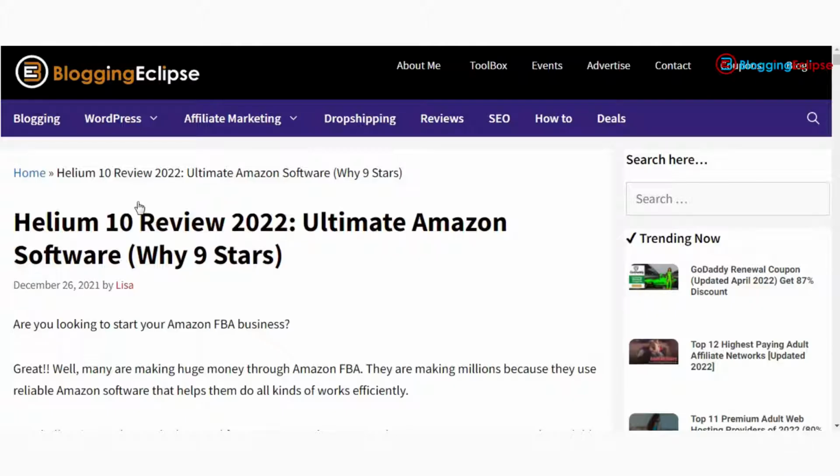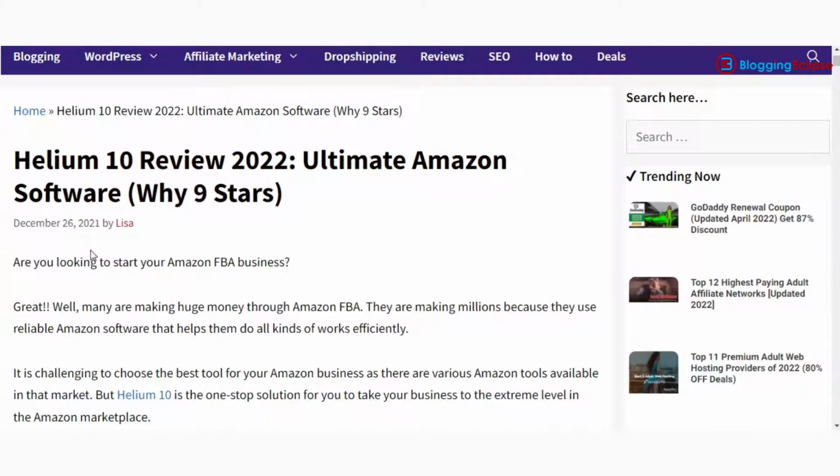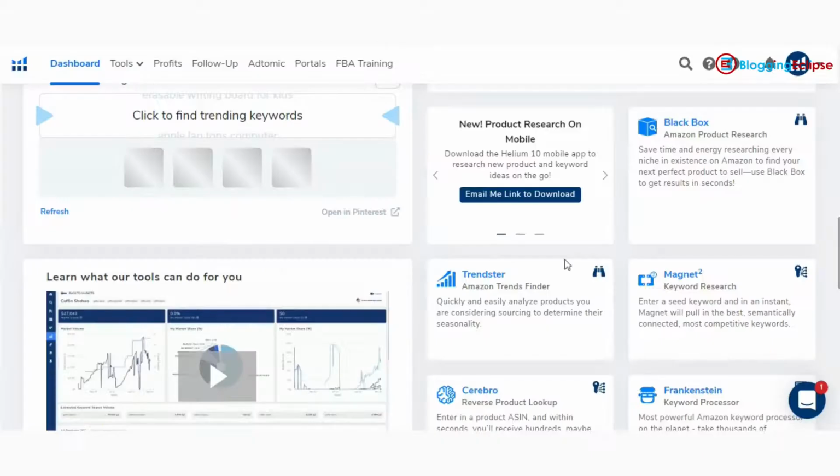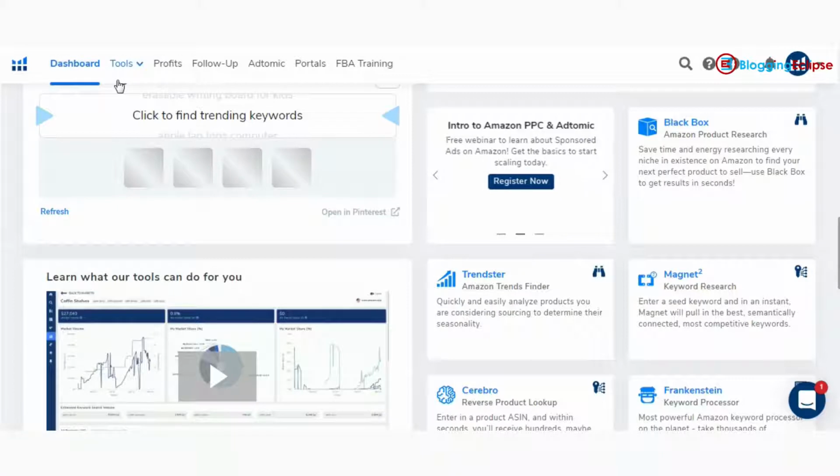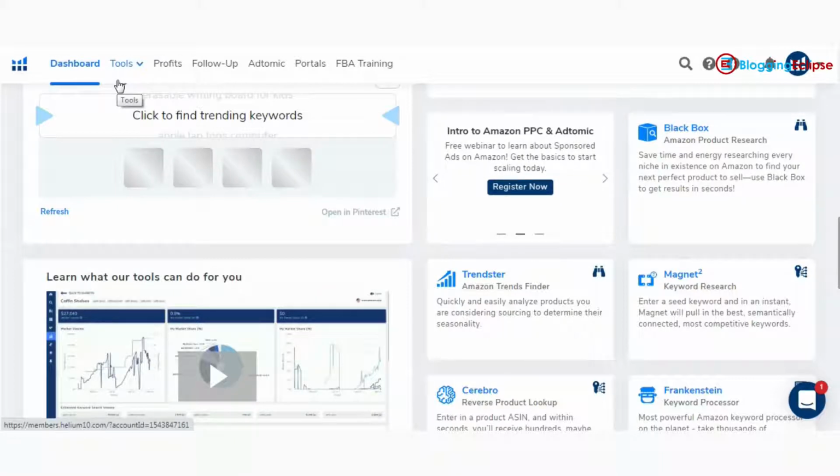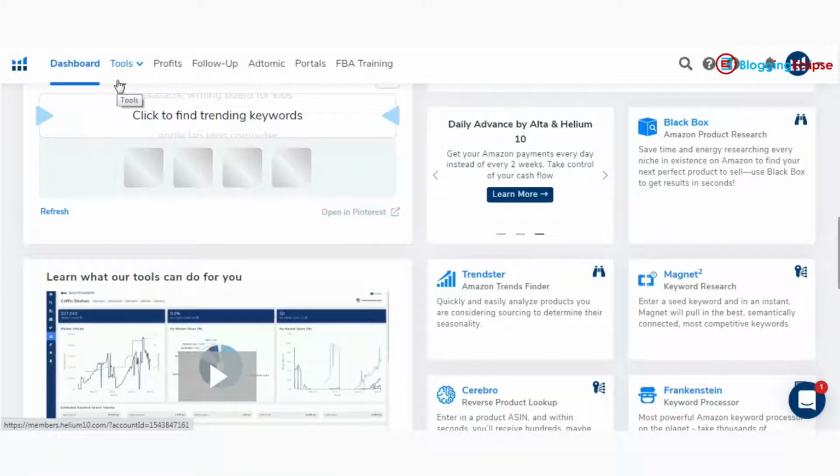The Amazon product research section has different tools in itself, which include Blackbox, Trendster, and Magnet. The Blackbox and Trendster are for product research, whereas Magnet, Cerebro, Frankenstein, and the index checker are more of a keyword research part. You can also look after listing optimization, which includes Scribbles.